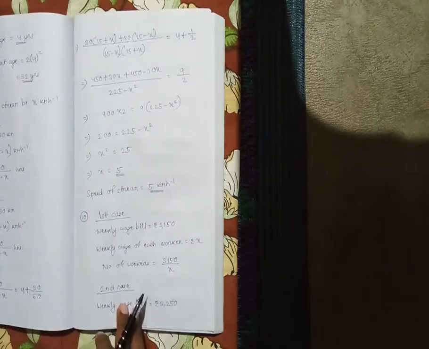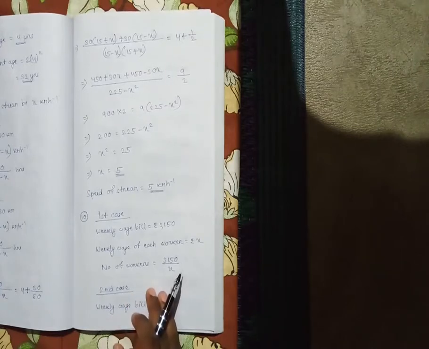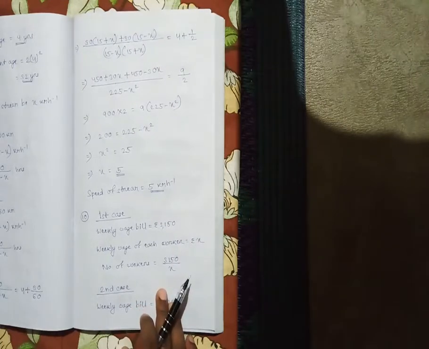Now move to number 10. An employer finds that if he increases the weekly wages of each worker by rupees 5 and employs 5 workers less, he increases his weekly wage bill from rupees 3150 to rupees 3250. Taking the original weekly wage of each worker as rupees x, already it is given x, we have to take. Obtain an equation in x and then solve it to find the weekly wages of each worker.